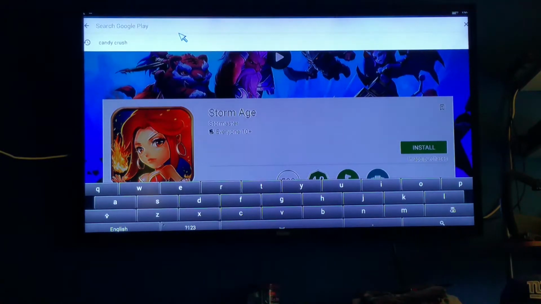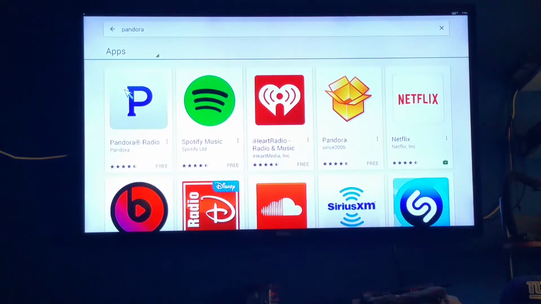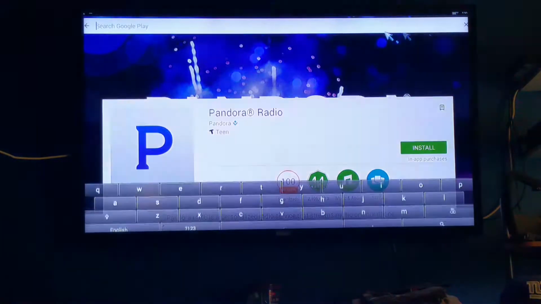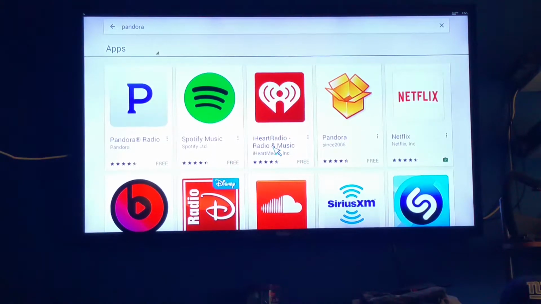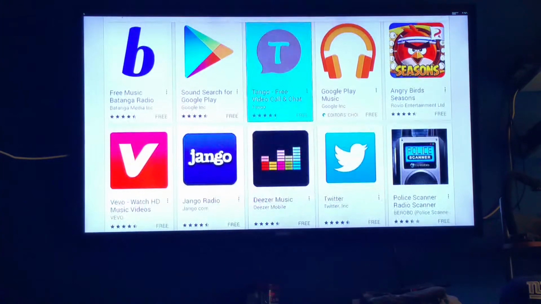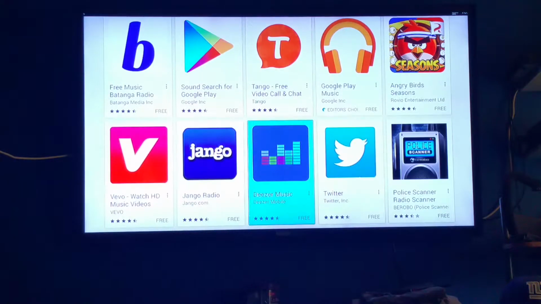I really gotta minimize the screen because it's a little too big right now. Look, Pandora on here, and it's free. Now, I'm gonna just go back there again. Because look, you got iHeartRadio. I don't mess with this. I heard a few people messing with that. I don't mess with that. But you can download all these apps. Look, you can put Snapchat on here. You can put all that stuff on here. Things that people use on their cell phone all the time, you can put on here.